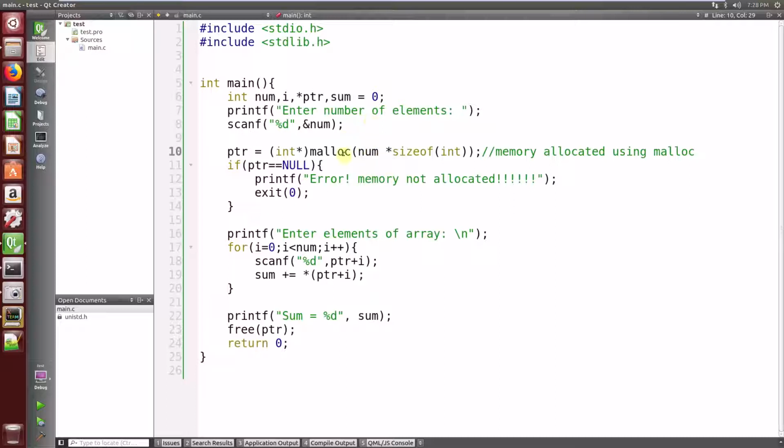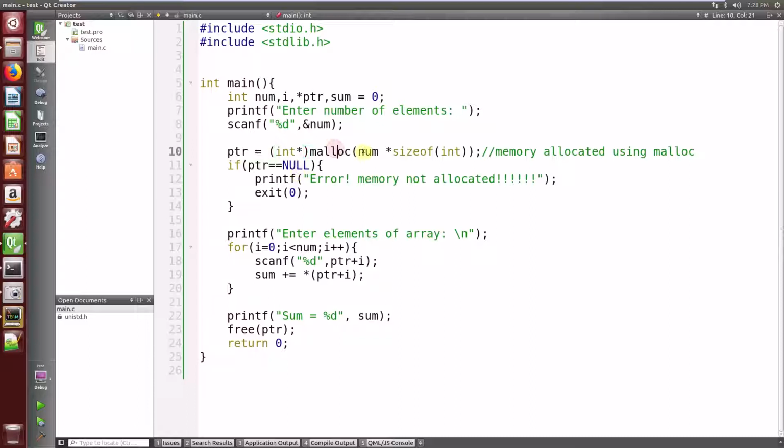When the user inputs the number, for example if you input 5, the pointer will allocate the memory of 5 multiplied by 4 or 2 bytes, depending on the Linux OS or the Android OS. And the pointer will